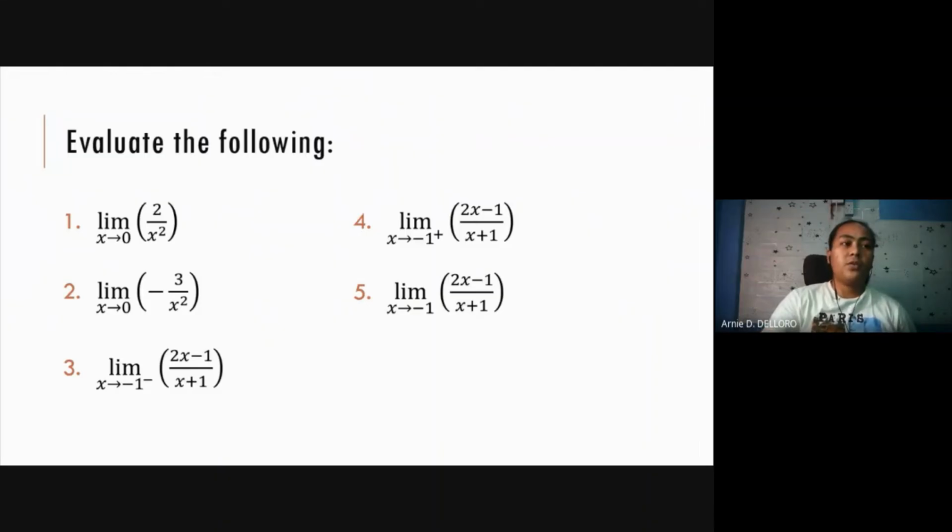If you would notice, yung numbers 3, 4, and 5, they are all connected. They use the same function. Okay? And also in this case, yung number 3, ang i-consider mo lang ay yung value from the left. Sa number 4, ang i-consider mo lang ay yung value from the right. And sa number 5, you will both consider the limit of the functions from the left and from the right of negative 1. Okay? So in this case, actually,